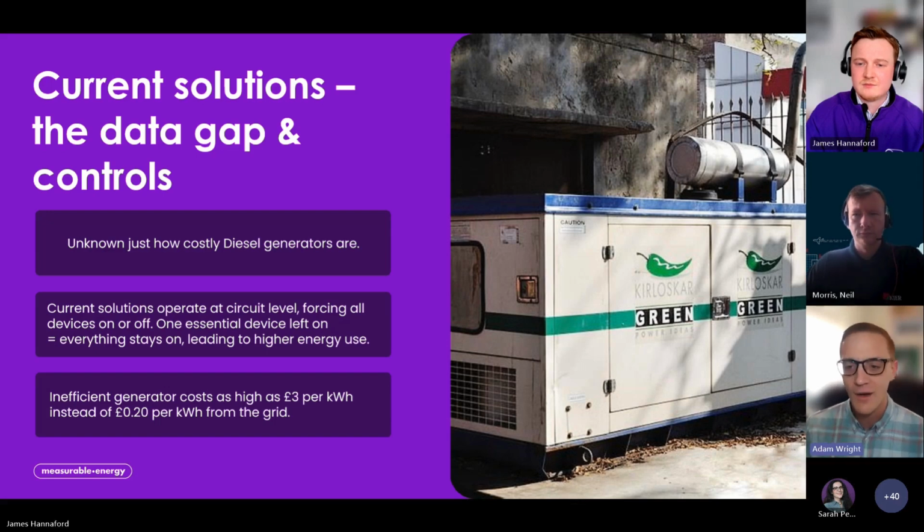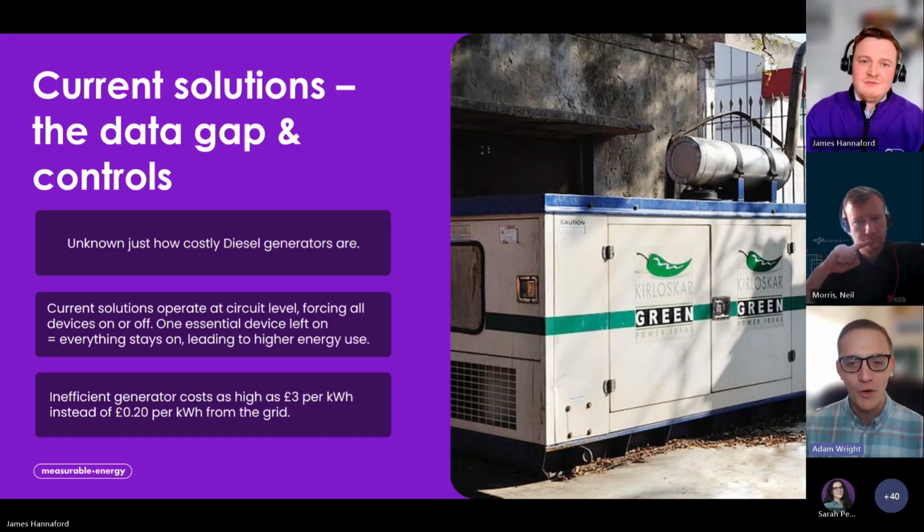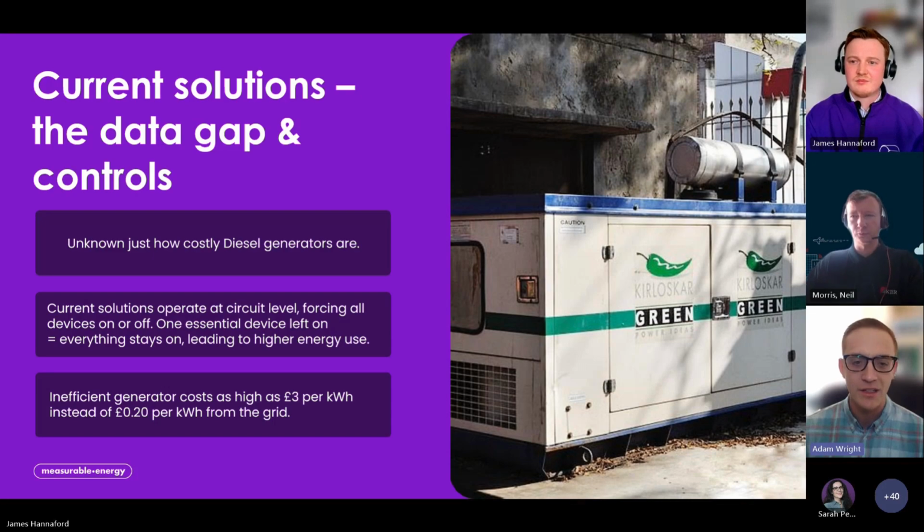But then the batteries add a lot of cost. People tend to go for the battery that's smallest and most cost effective. So you've got this situation that's landed here where we've got an overspec'd generator with a small battery. And then if we take into account out of hours energy use, we want to use the battery during that time. And if we've got something in place that is controlling things on a circuit level,